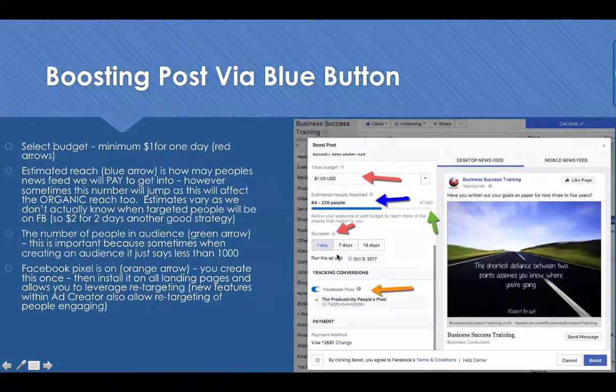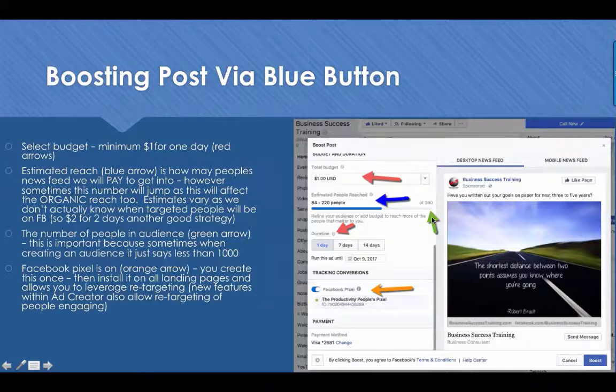The next screen that happens when you're using the blue button is you would scroll down and then it would say budget. So you can choose a daily budget, or you can choose a budget for the lifetime of the post. You could choose to run this ad until January 1st of 2018, or you can choose to do it for as little as $1. In this example, we're going to use $1 a day. It's saying that based on your post, we guess that you'll reach between 84 and 220. Now that number might soar as people like and share it, but that's what you'll be paying to get in front of. Sounds like a pretty good deal to me.